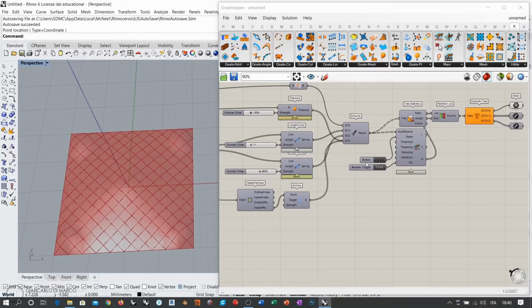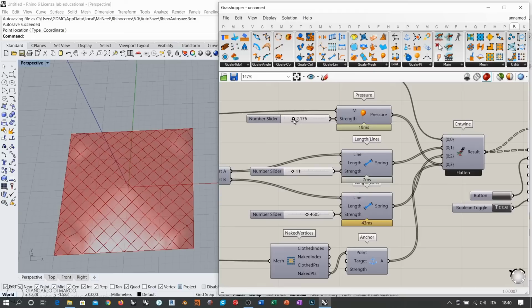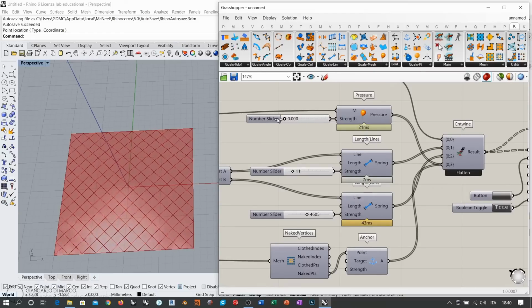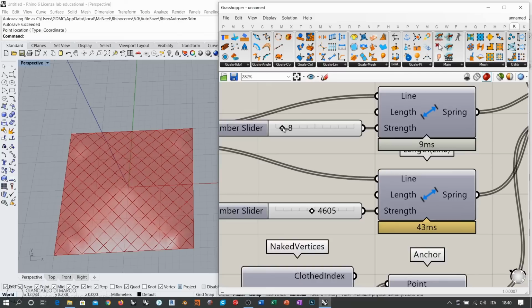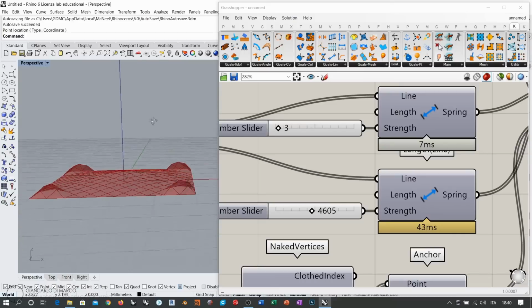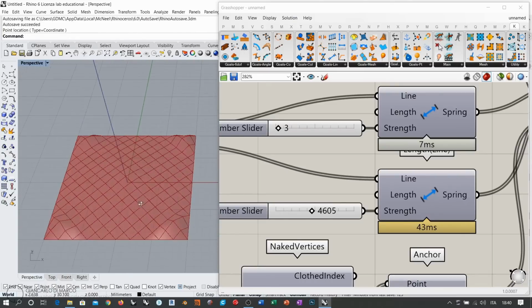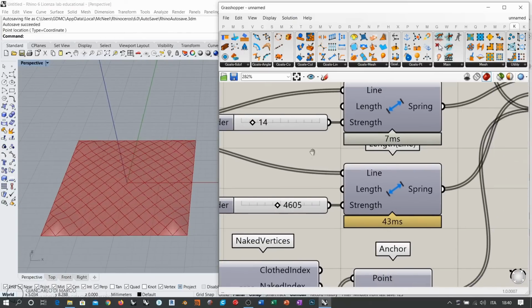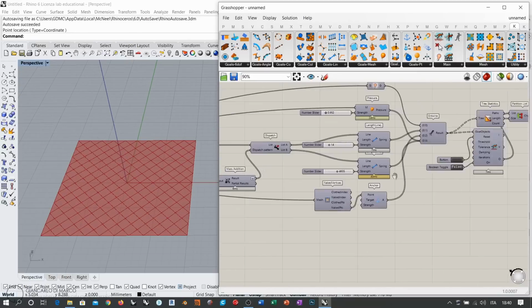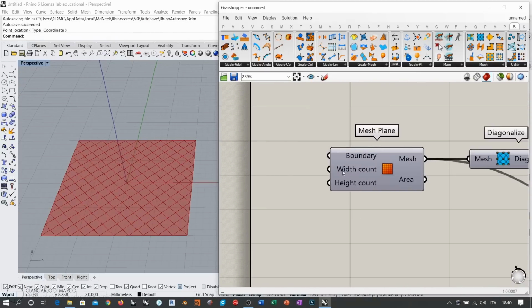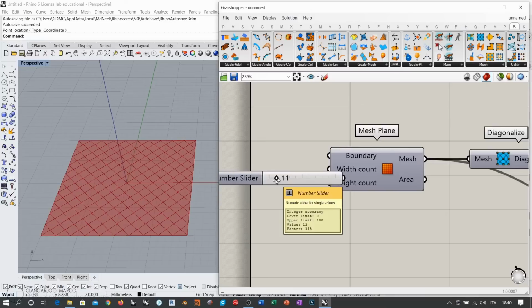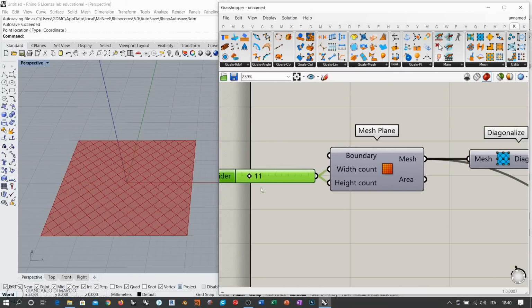Okay, and I can also increase pressure if I want, or make this pressure negative. I can do whatever we already know. Okay, and if I decrease the elastic resistance of the deformable edges, then I can easily deform this more and more. And of course, if I also increase the initial mesh resolution, like for example placing here an 1111,